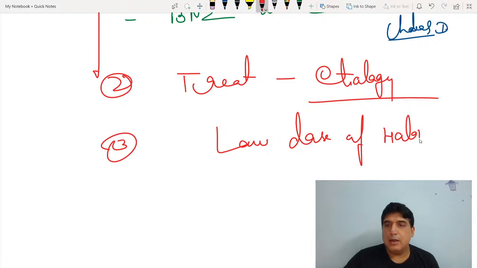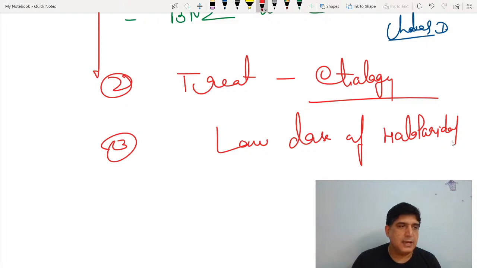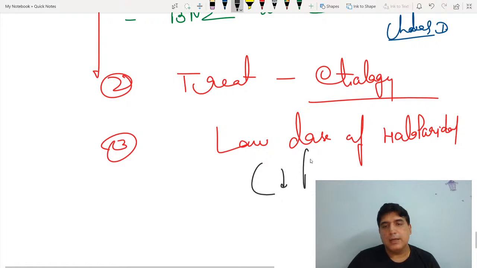Low dose of haloperidol. Yes, if you do not treat it, delirium is a lethal condition. The patient can lose his life. So delirium is one of the lethal conditions in psychiatry. Be very careful. You have to treat delirium very properly. Even if you treat delirium properly, mortality is there. So without treatment, you can imagine how much mortality there is. It's an emergency condition. You have to handle it in an emergency way. Low dose of haloperidol we give to decrease psychomotor activity.